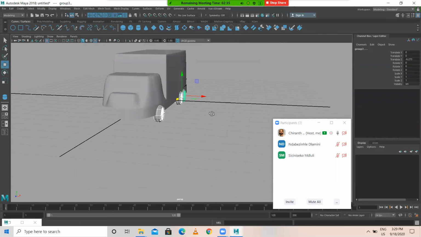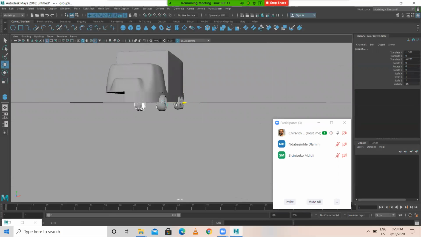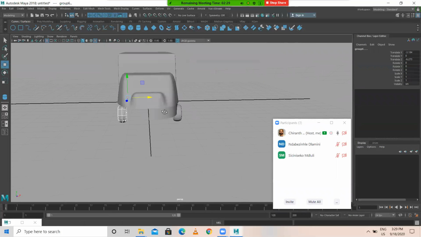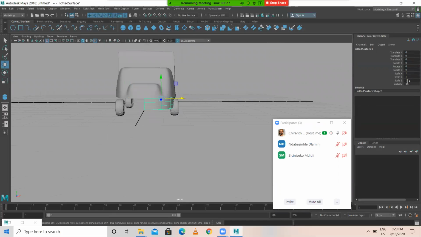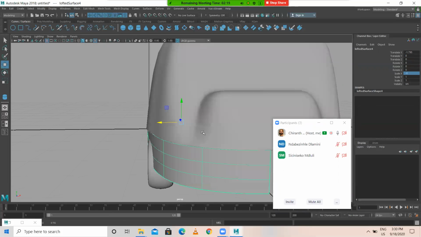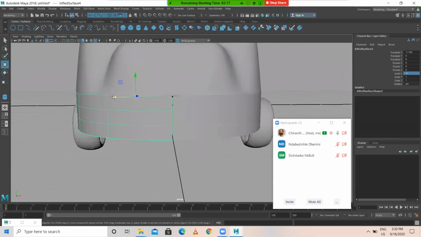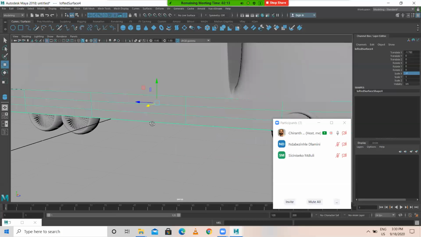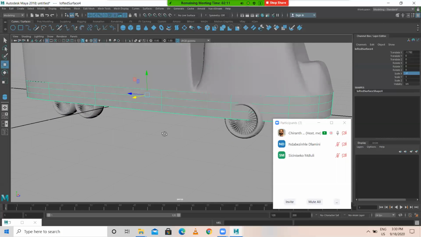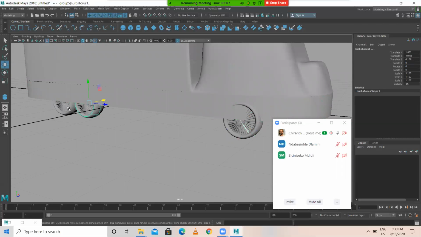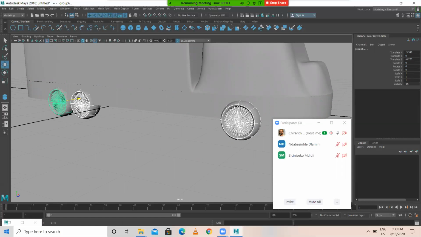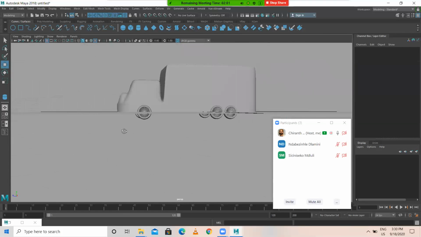Press up arrow to select the entire group, Control D. Like this.